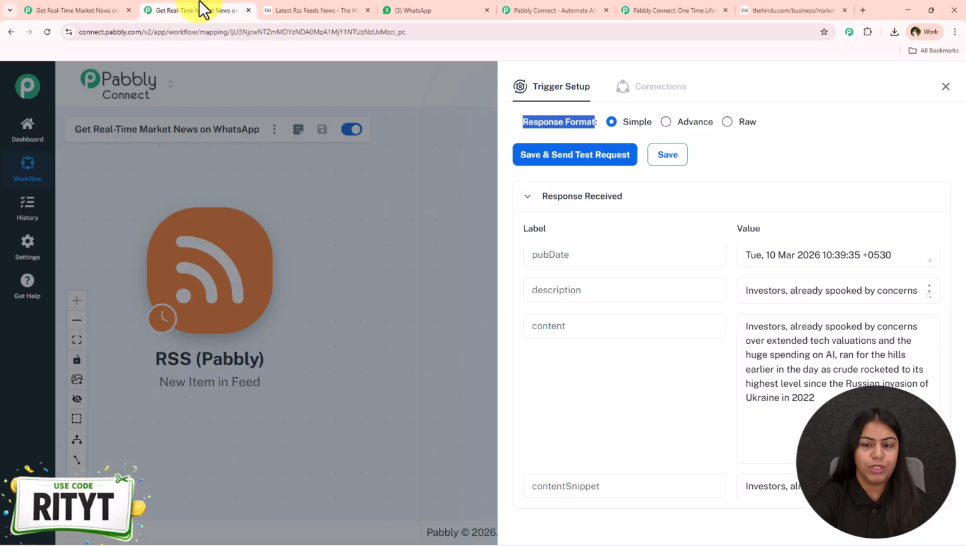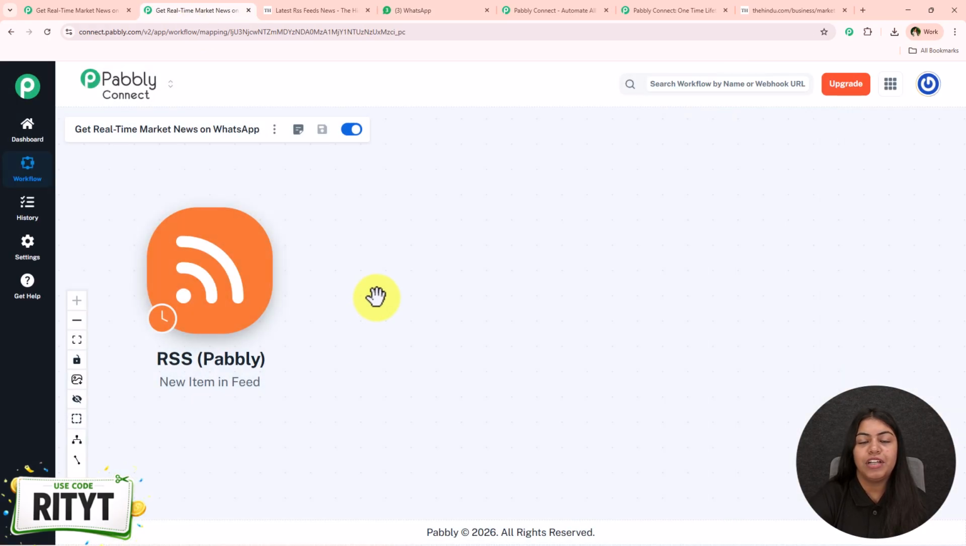Okay, but before we move on further, I'll just let you know something, that RSS by Pabbly is a polling based application. Polling based application means that this application will not check for new data instantly. It is going to take some amount of time to check for the new data, and over here in the case of RSS by Pabbly, it is saying the trigger will check for new data in